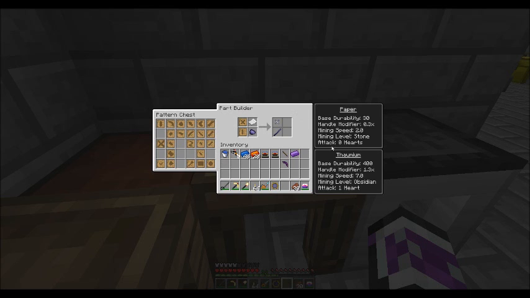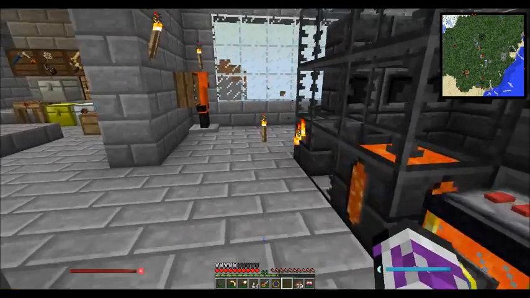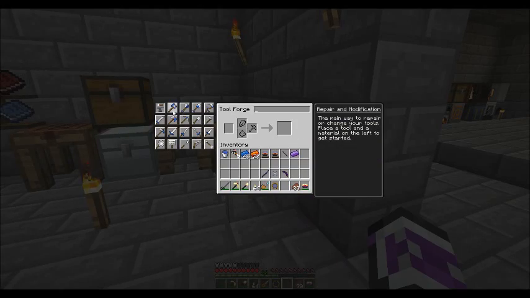So, we've got a mining level of manulin with this guy, and then we've got a mining level of obsidian off of our tool rod. That gives us a 1.3x handle modifier and a mining speed of 7. And then we've got our paper binding for the extra modifier. So we'll throw these guys back in here, come over to our tool forge, and this guy,